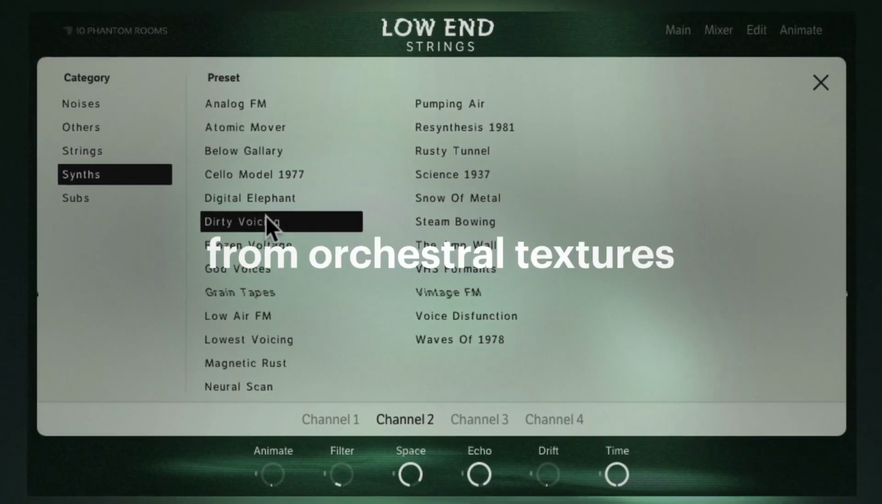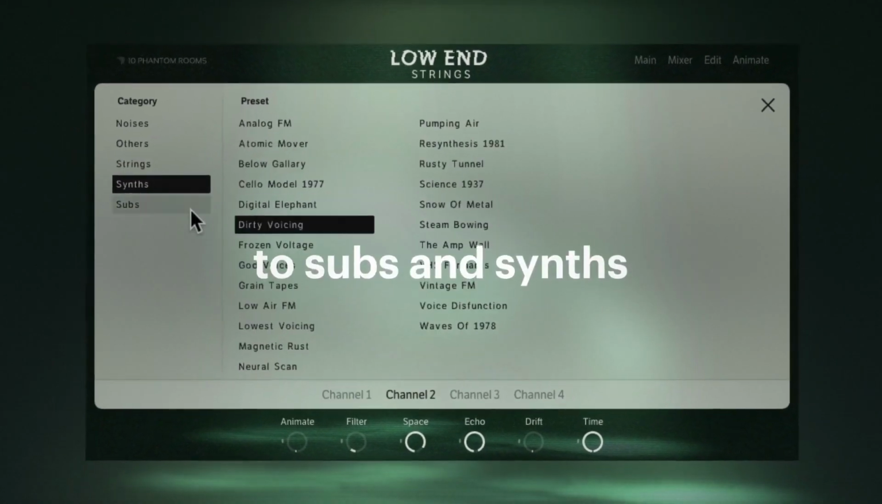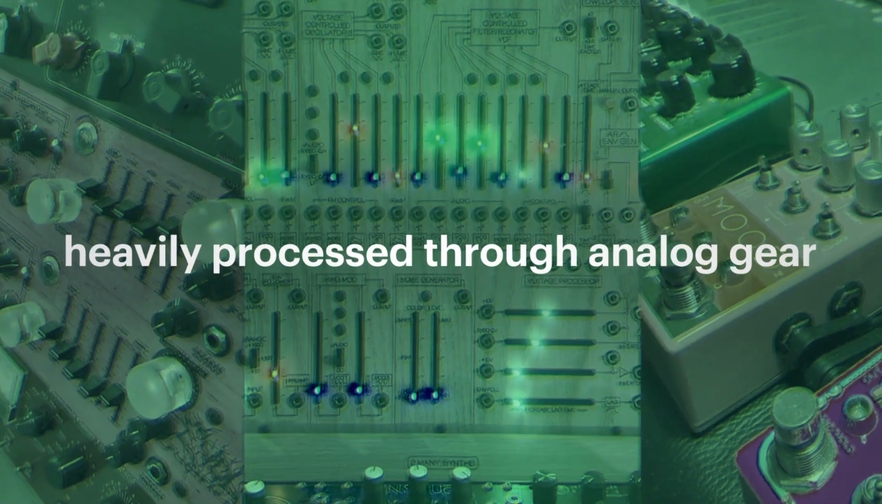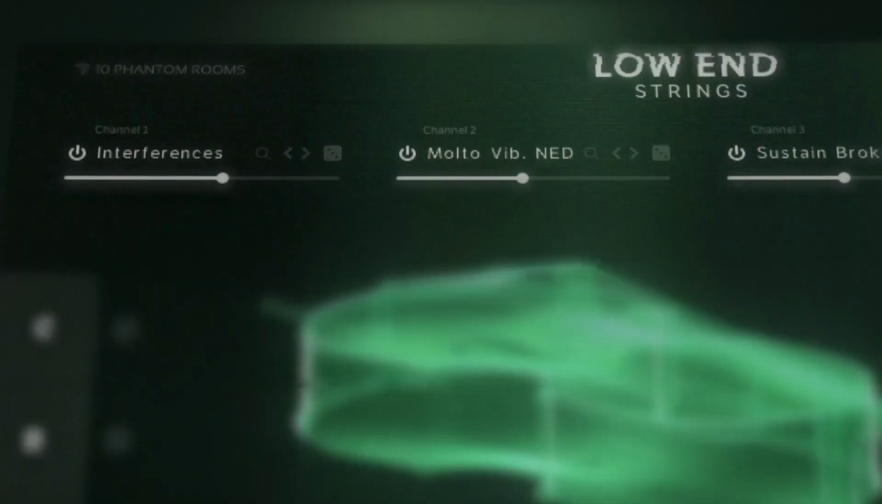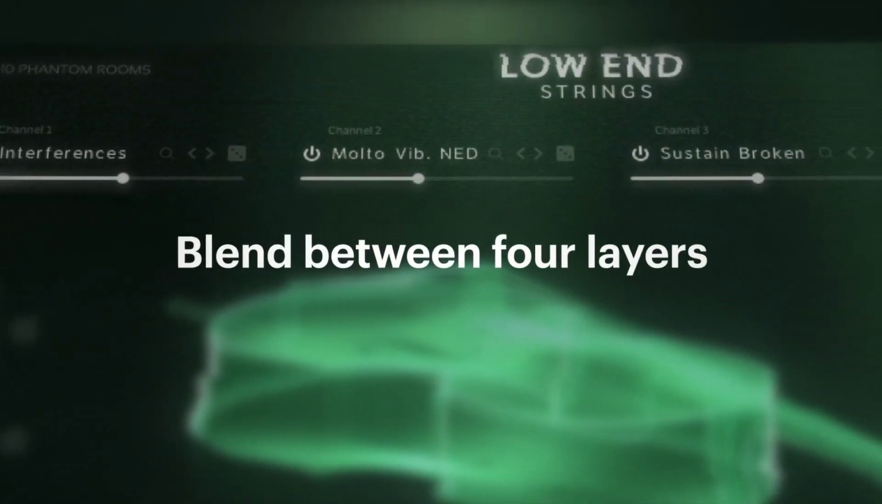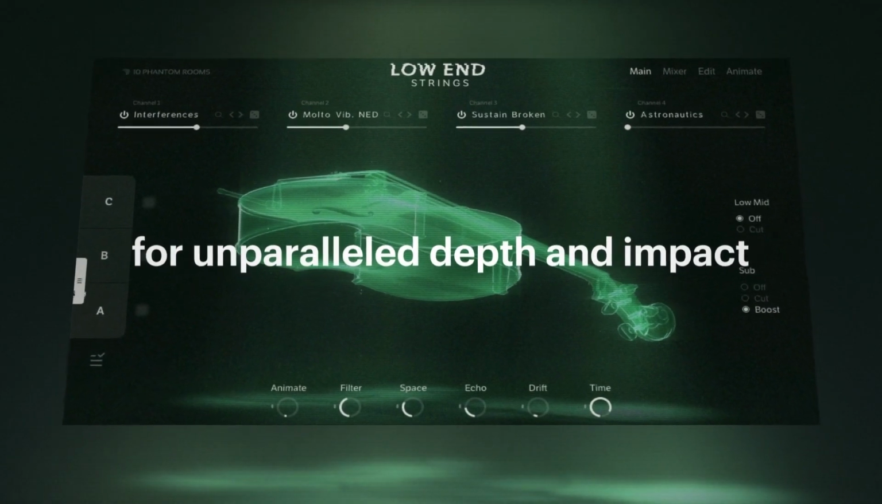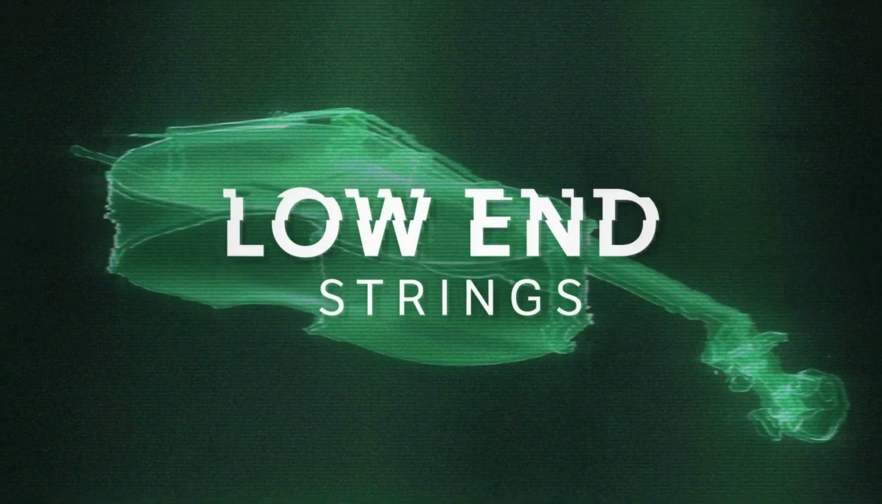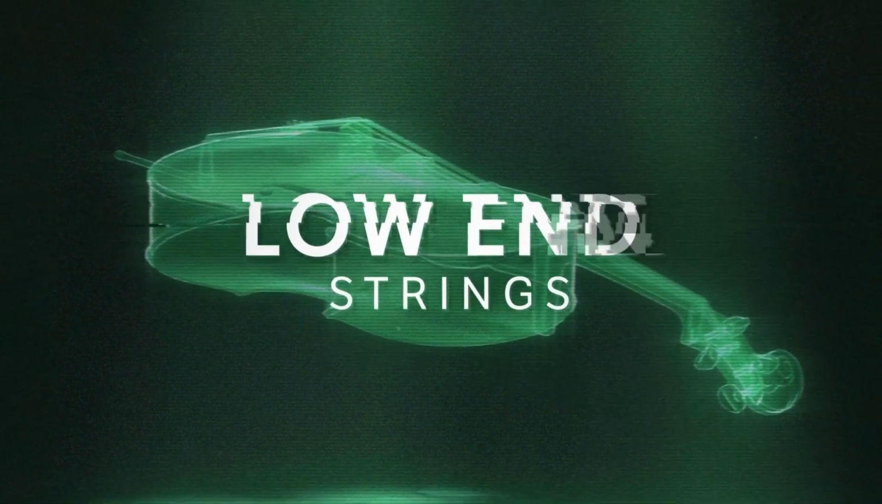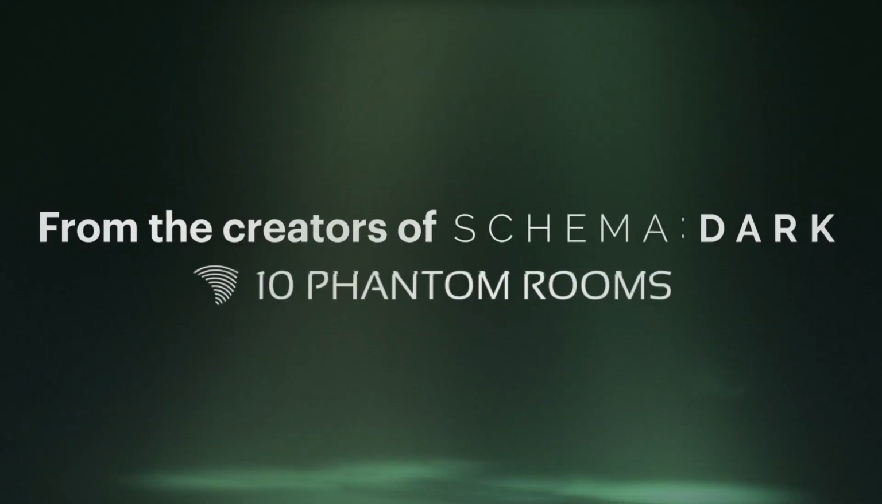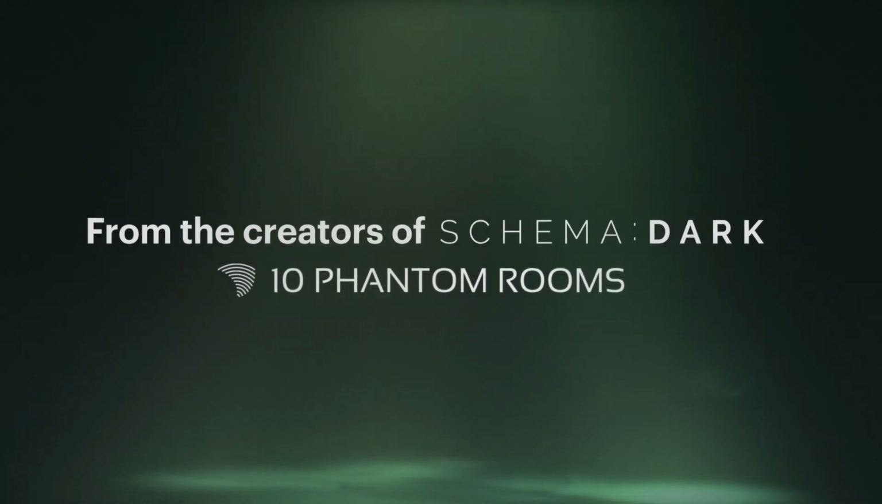Low-end strings downloads at 2.4 gigabytes, and there are 134 snapshots with 3 variations each. It is NKIs compatible, runs in the free KONTAKT player 7.6 or better. It currently sells for £89 on the Native Instruments website, and at the moment it is not a part of